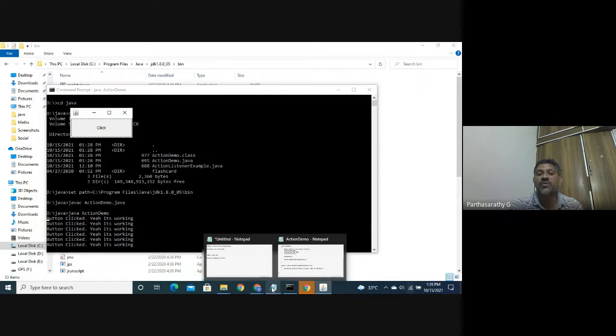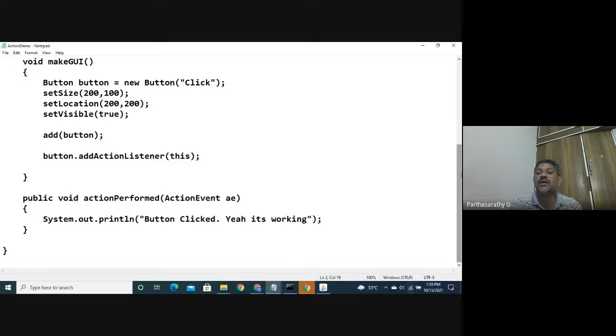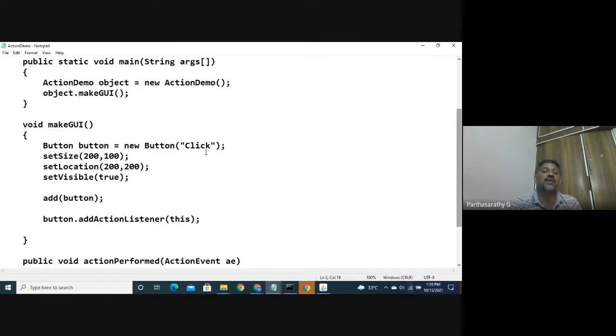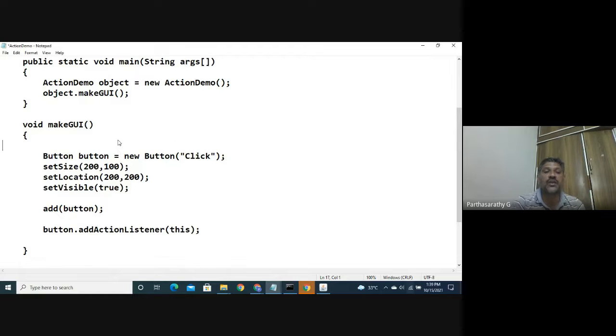Here I have taken only a simple component. Okay, if you want, you can have different things. For example, we need a text box. How to write a text field: new TextField like this.